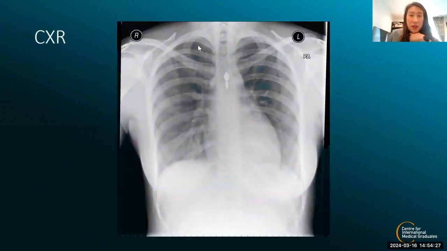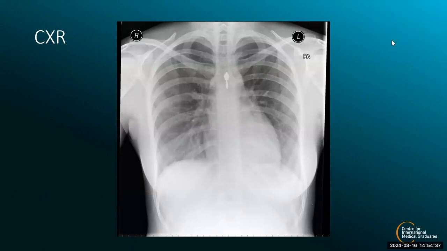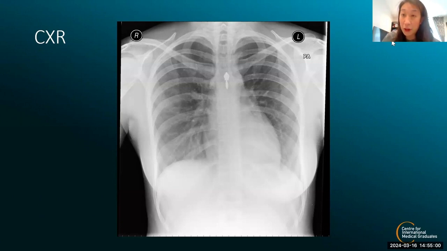So this is the patient's chest X-ray. Any comments on this, or what we should be looking for in a patient with PE in particular? Prominent vascular markings. Sorry, I'm hearing a lot of things. Yes, you could have prominent vascular markings. Anything else that you'll be looking out for? Wedge-shaped lesions? Yeah, so you could have a peripheral wedge-shaped pulmonary infarct. It's a possibility. And then anything else in terms of differentials, what would you be looking out for?